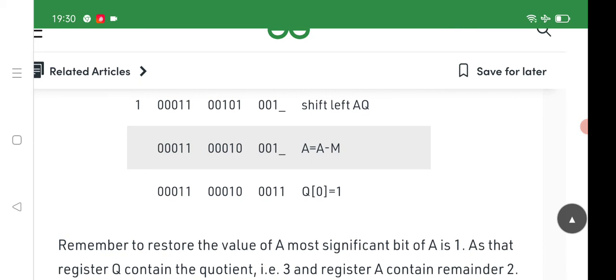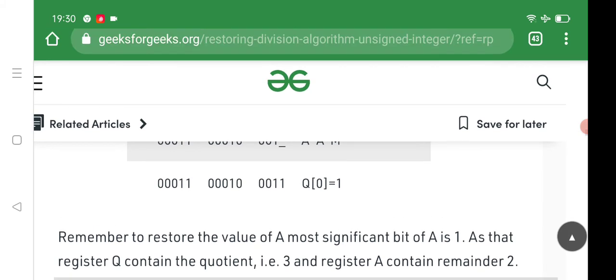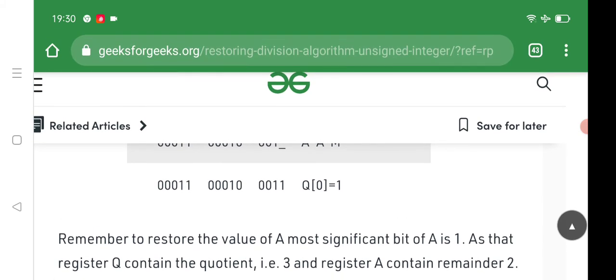So here your Q is going to hold the quotient, and your A is going to hold the remainder.